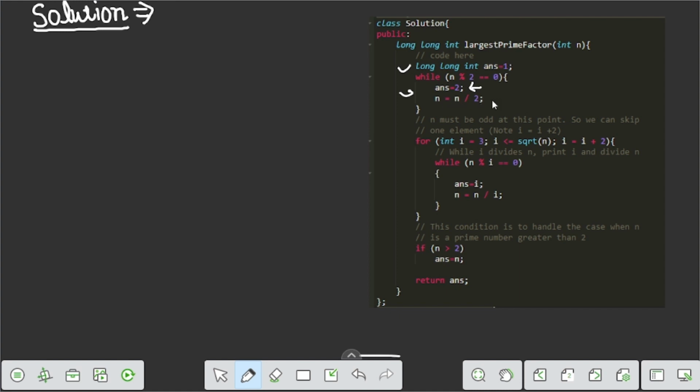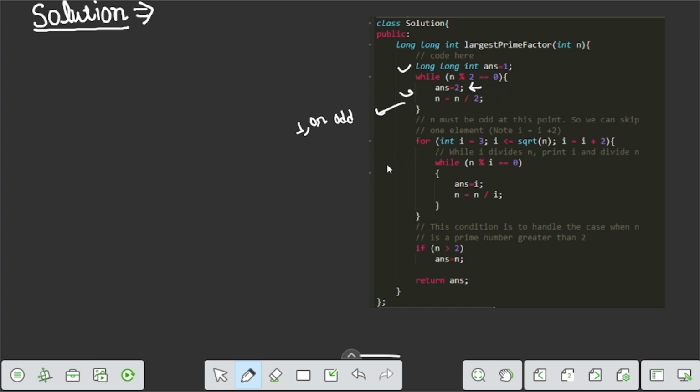After this while loop, n becomes 1 or n becomes odd, because no even factor remains, since we divide n by 2 till n percent 2 equals 0.